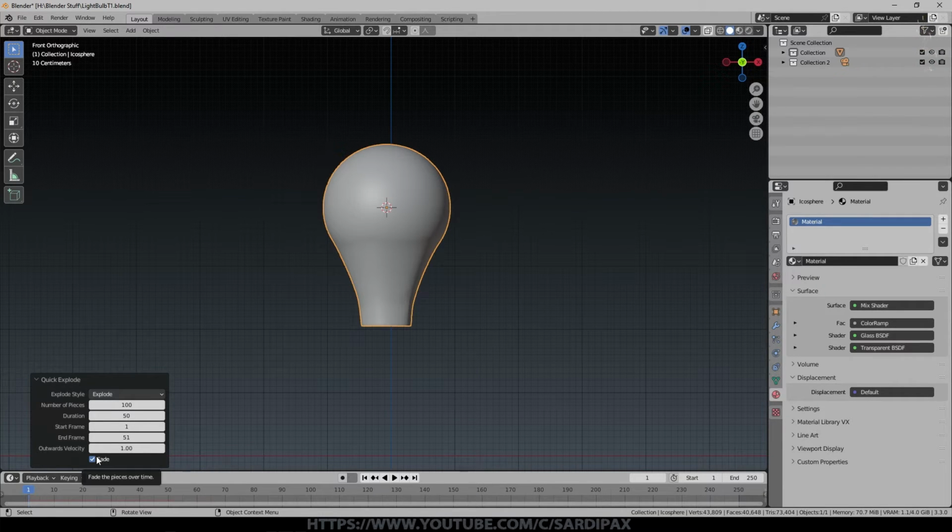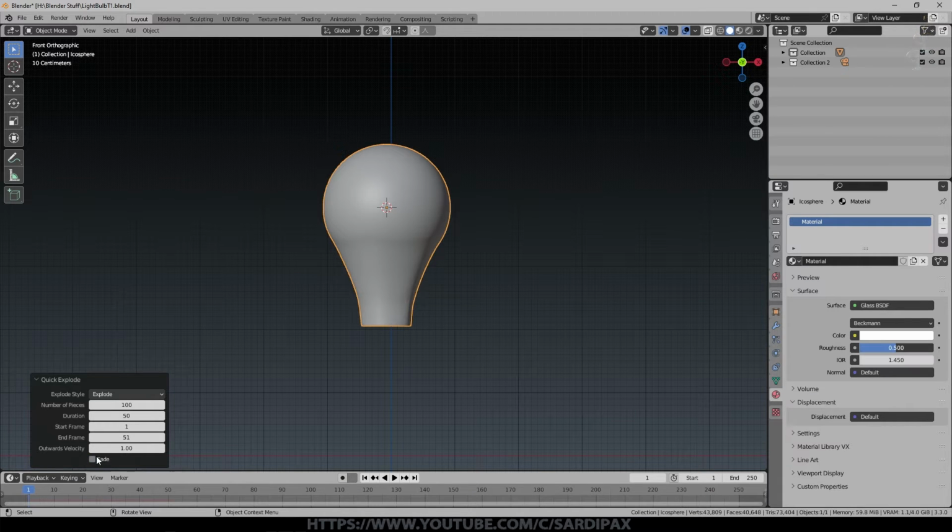And here there is a fade option to essentially make the particles fade out with time. I'm going to disable that, we don't really need that. So I'm going to say shatter on frame 25, so that's about a second in if we're doing 25 frames a second. And I want the shattering to pretty much happen instantaneously, so I'm only going to give it one frame to happen over. So frame 25, 26, it's going to shatter.